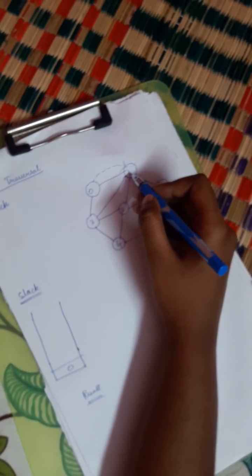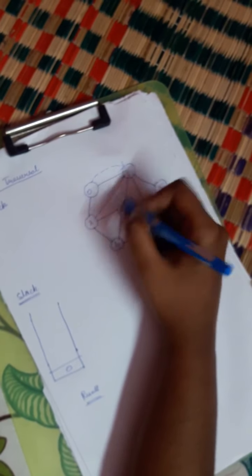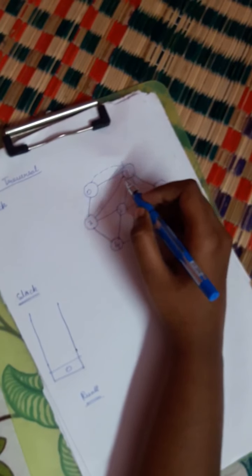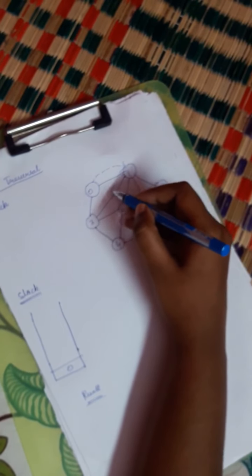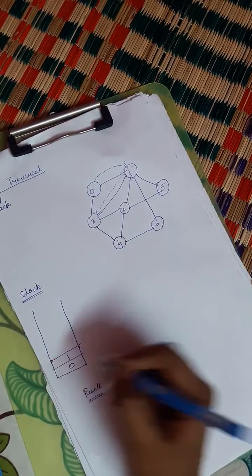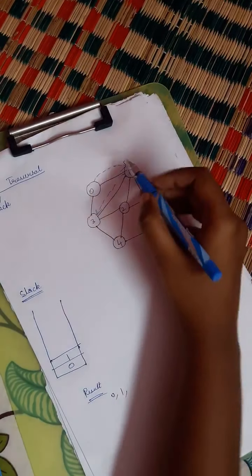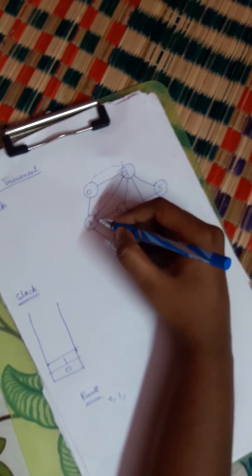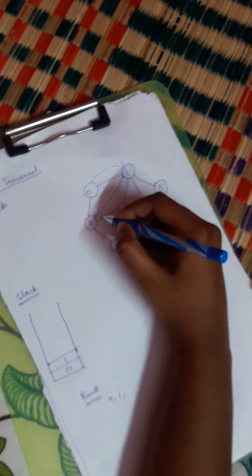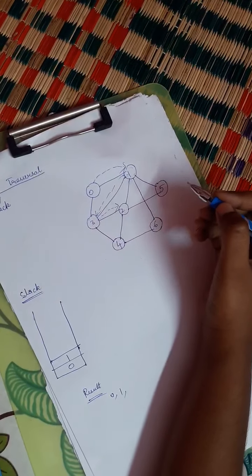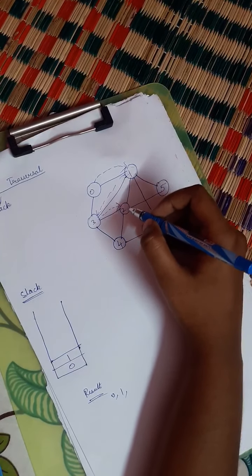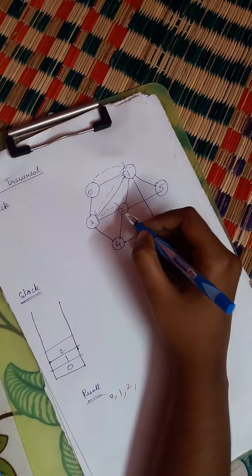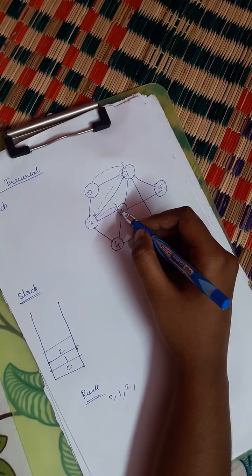From 1 I can traverse to any value, 3, 2, 4, sorry, 5 or 6. So I am taking the value 3. So I have traversed 0, 1, then 1 to 3. Next I am going to traverse from 3 to 2. I write the values inside the stack on the side. Then next I am going to go from 2 to 4.